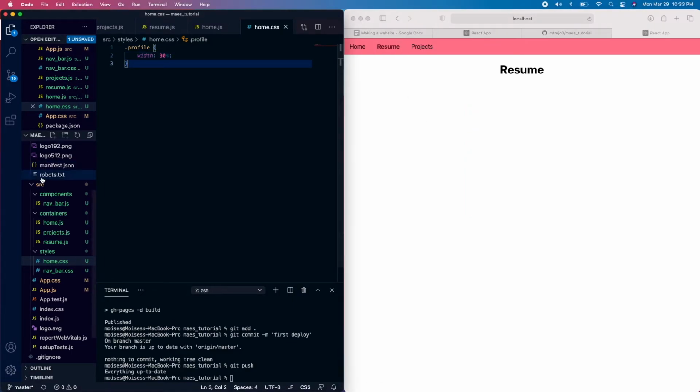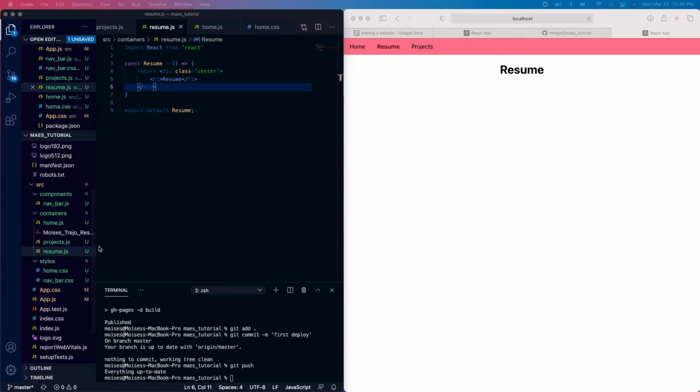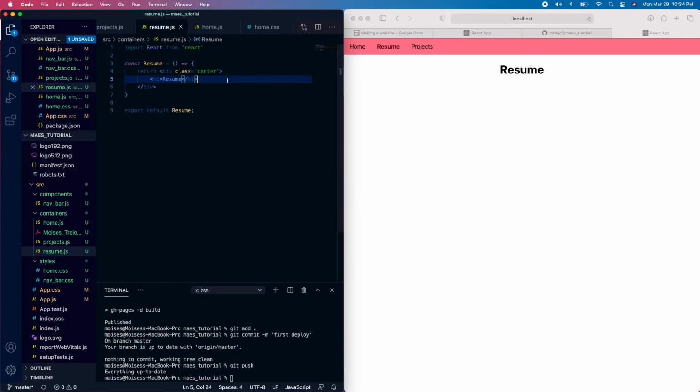Now resume, you can add your resume on here. To do that, all you need is a resume that you want added. To do that, you first need to have your resume added on here. So I will just add my resume here into the containers tab. So you can see my resume. Now it's hosted here, and you can add a button so that